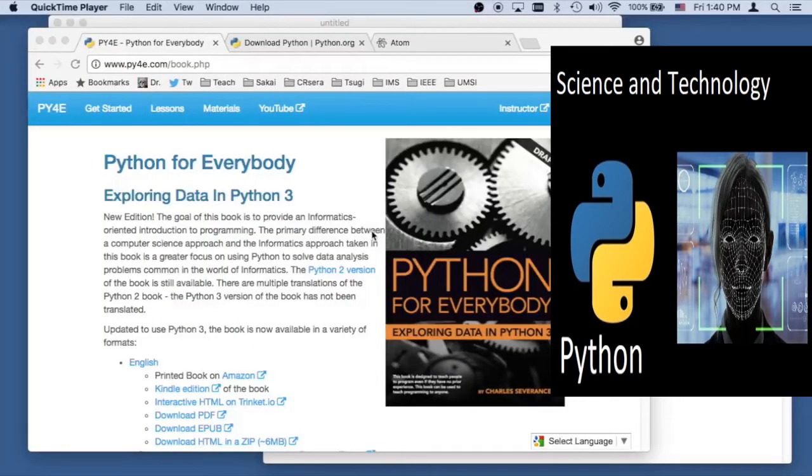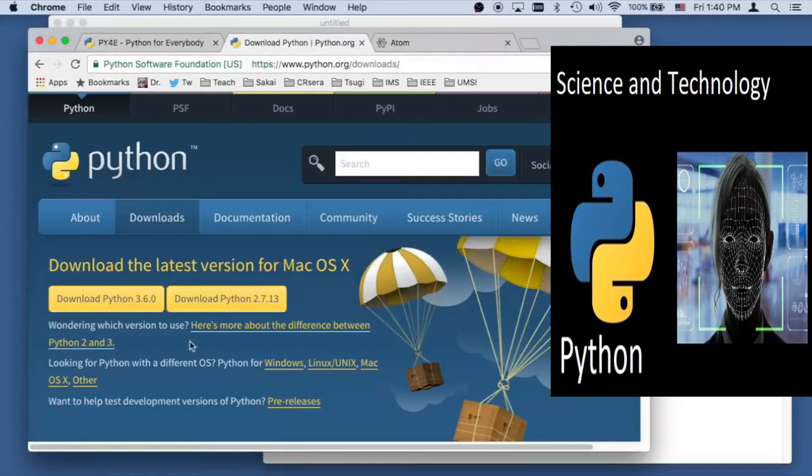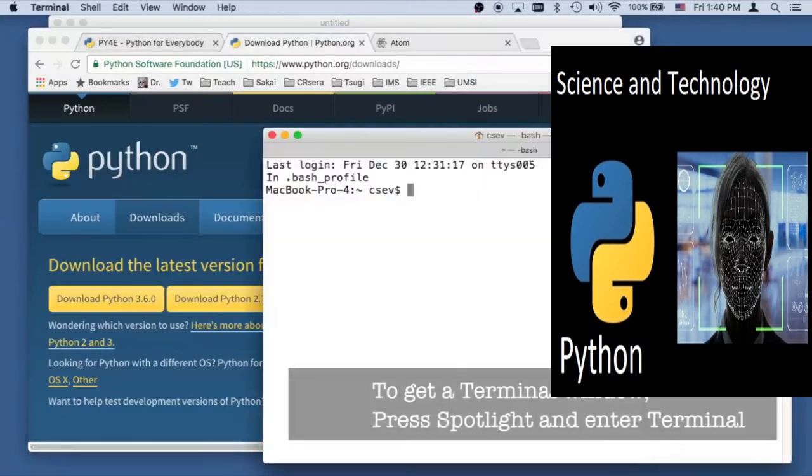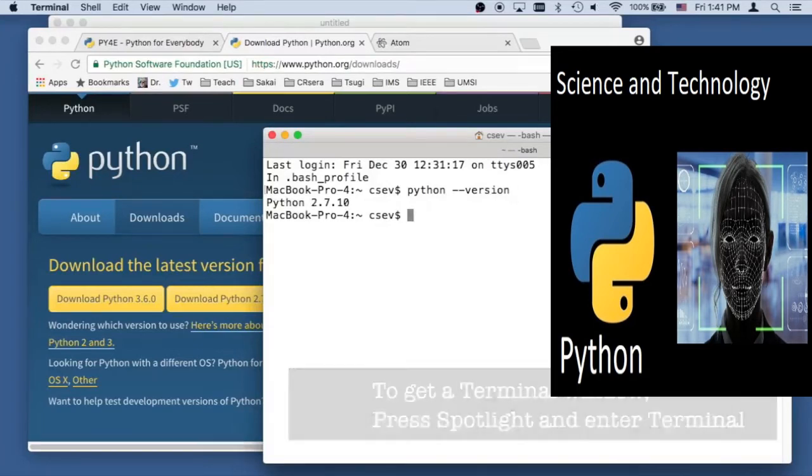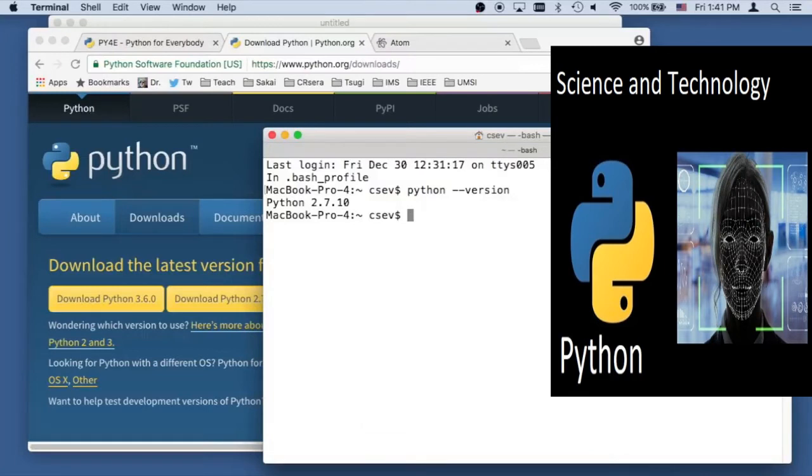We're going to actually download and install Python 3 from python.org on a Macintosh. Your Macintosh for years has wonderfully come with Python 2. So if I type python --version, I see that I've got Python 2.0. What we want to do is, in addition, install Python 3. One of these days,